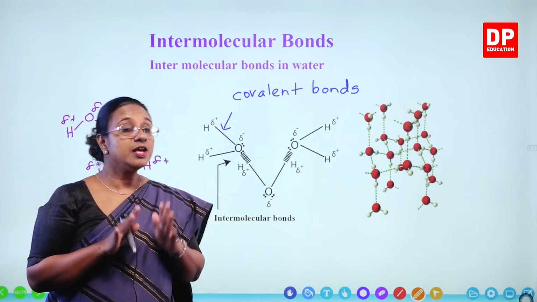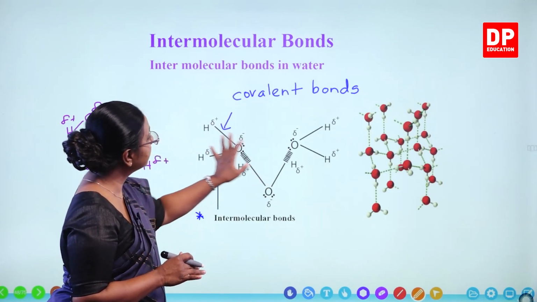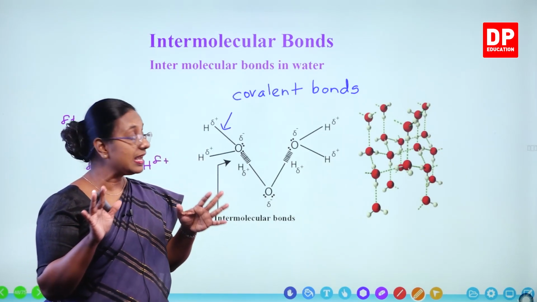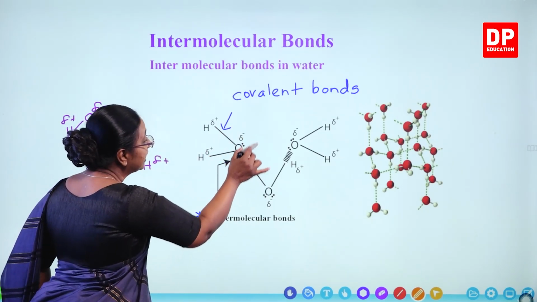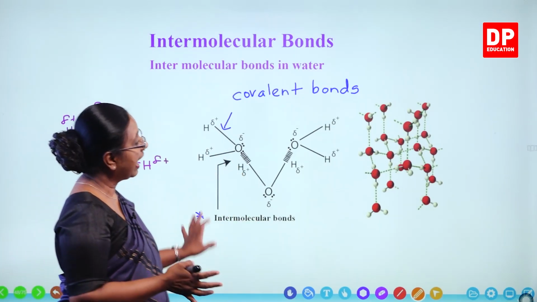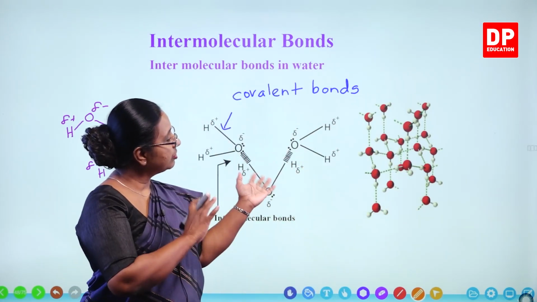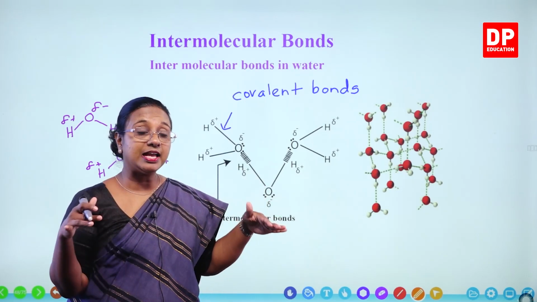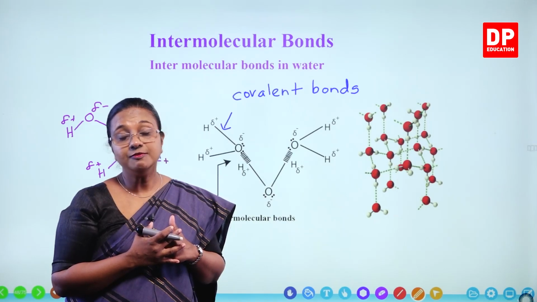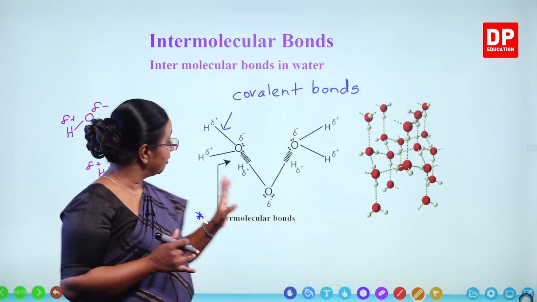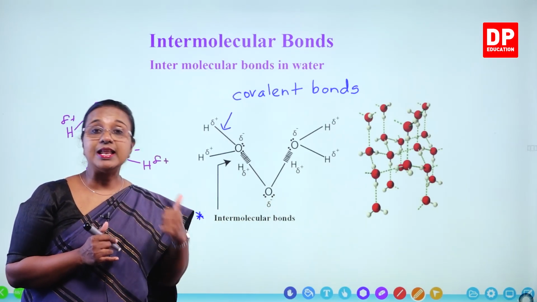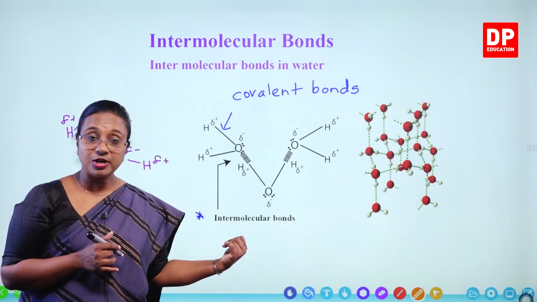For you all students, you need to know how these intermolecular bonds are present between water molecules. You have to understand that it has to be between the delta negative of one molecule and the delta positive of another molecule. Here you can see the water molecules are randomly arranged with their angular shape, and there is interaction between all the water molecules. Because of that, water has special properties. One, as I told you all, water is a liquid at room temperature because of this intermolecular bond.